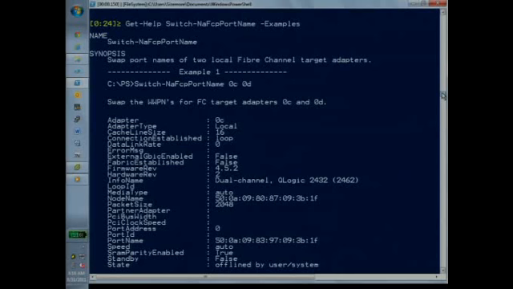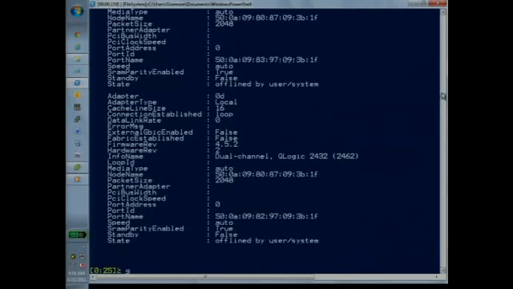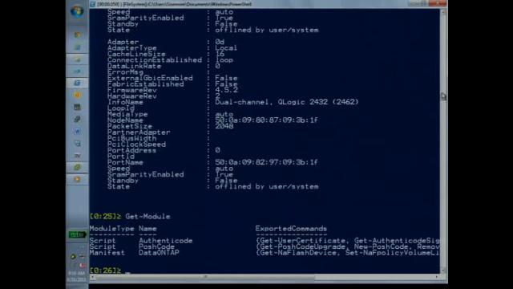Our next key commandlet is Get-Module. Again, we've got two different ways to import commandlets into PowerShell. We've got snap-ins and modules. I'm going to cover Get-Module because modules are the future. The next version of PowerCLI will be a module. The current version is a snap-in. But everything we do with Get-Module, you can do with a snap-in. The only difference is it's PSSnapin instead of module. So what can we do? Well, if I just run Get-Module, it's going to show the modules that are currently loaded into my session.